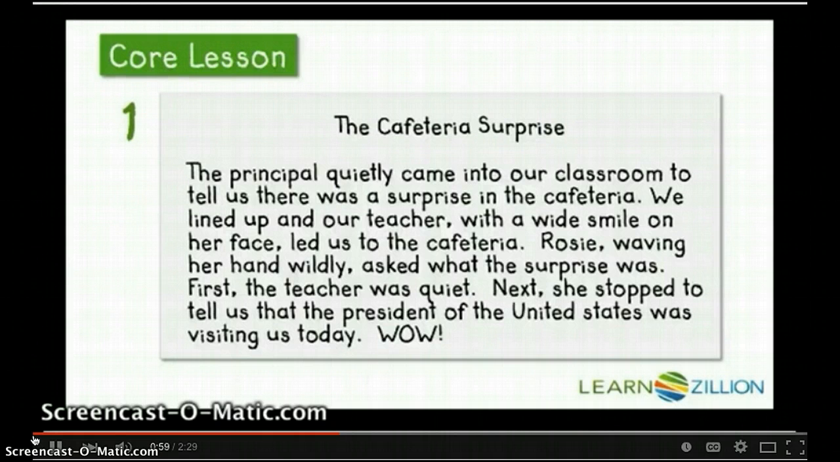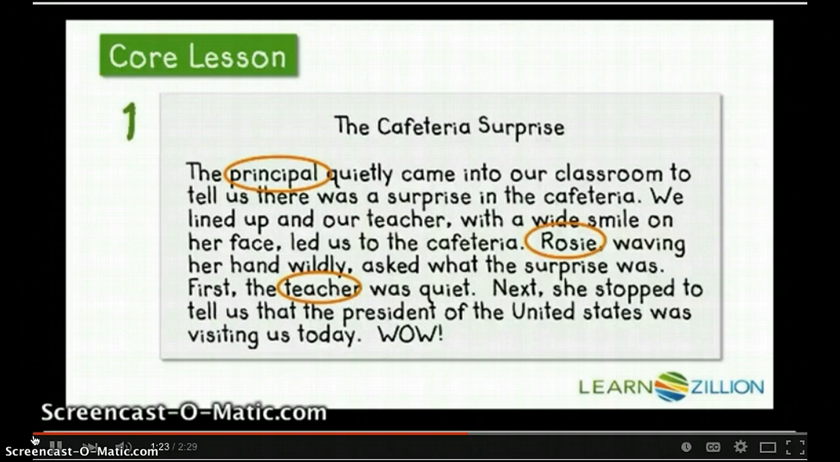First, the teacher was quiet. Next, she stopped to tell us that the President of the United States was visiting us today. Wow. So who do we have talking in this story? Well, we have the principal telling us there's a surprise. We have Rosie asking what the surprise was, and we have the teacher who stops to tell us about the